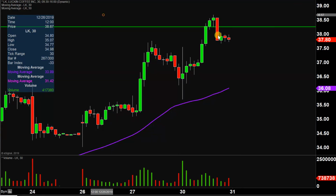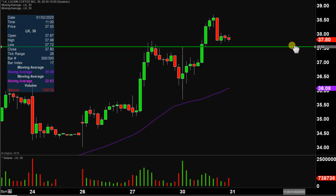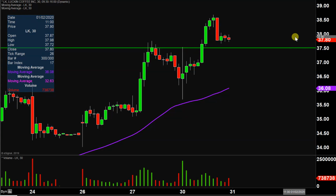So the first level of support is what I would call the ideal level. If you say, Clay, what would make this chart look the absolute strongest going forward? And that would be if the price can stay up there above 37.50. Now, don't get me wrong. If the price falls below 37.50, I'm not saying the entire chart is destroyed or ruined or anything like that. But yeah, if the price could manage to stay up above that level, that would definitely be a massive sign